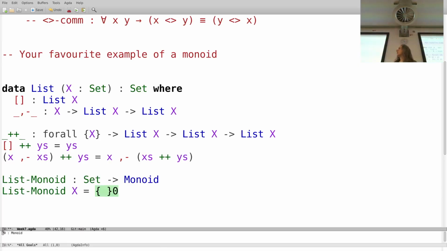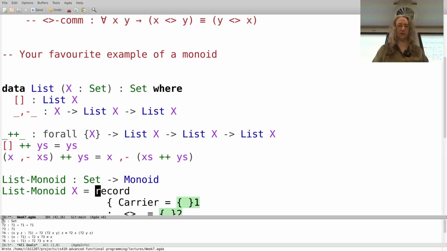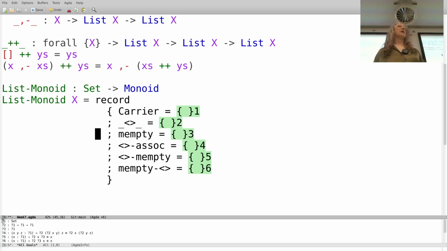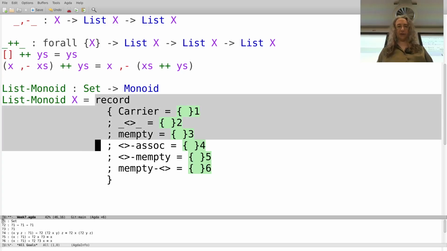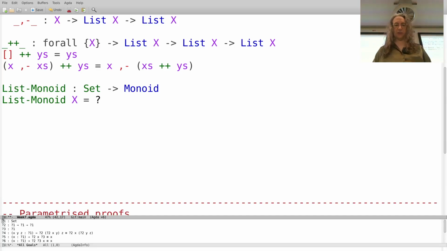Right. Have we seen copatterns? I don't think we have, no, but maybe we could. All right. So monoid's a record type, and there are various things we might do to build a record. I might do this, and then it gives me a load of fields to fill in. So that's using refine, right? Control C, yes. Control R. But there's another thing that we can do,